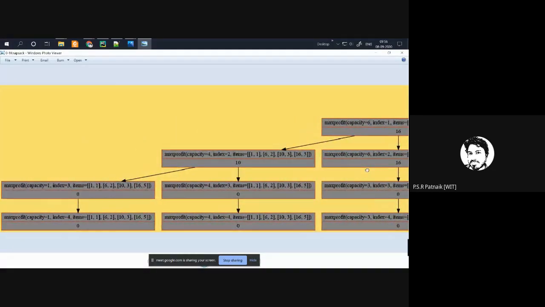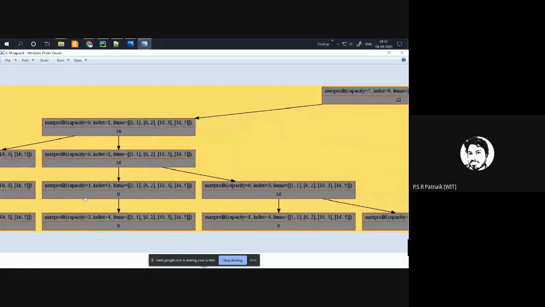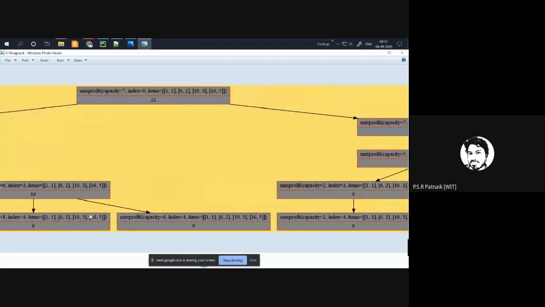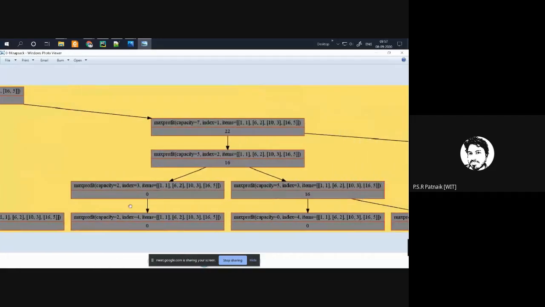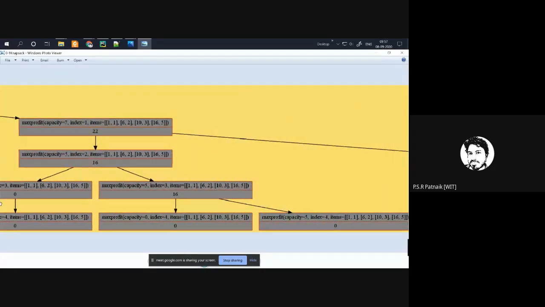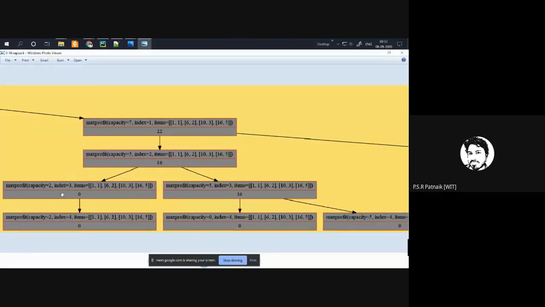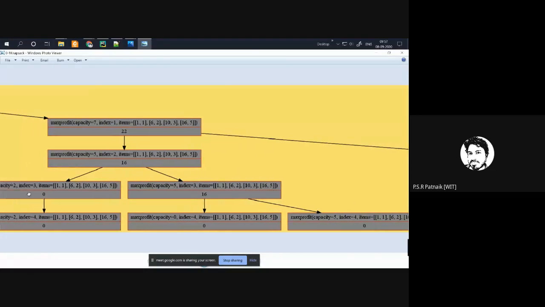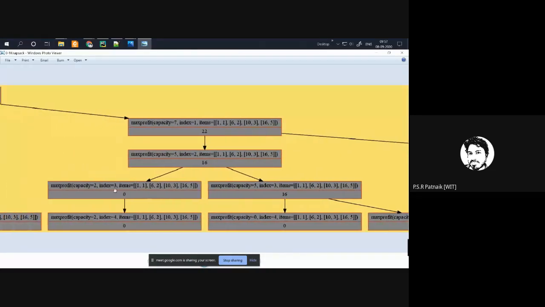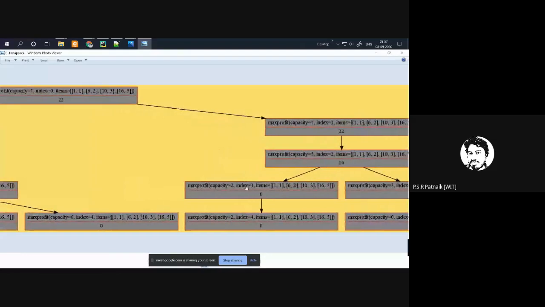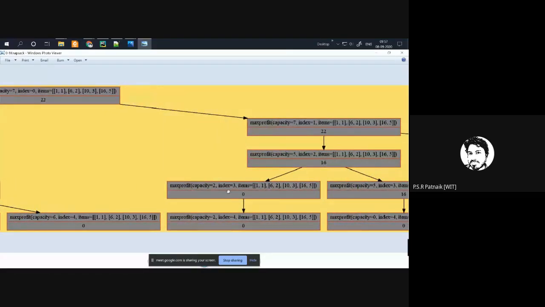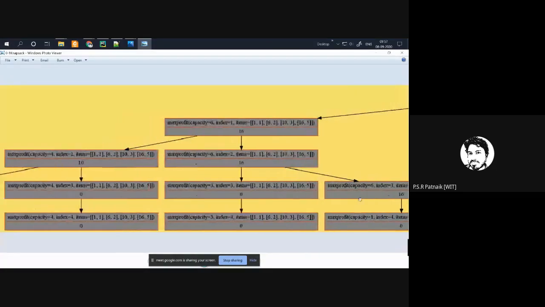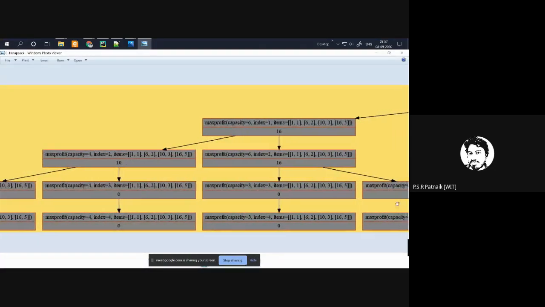Do you see it somewhere? Can you find anything?